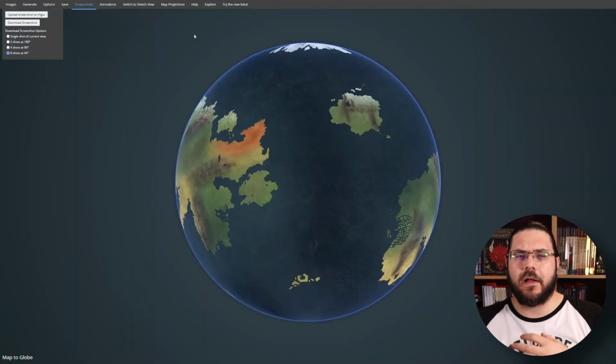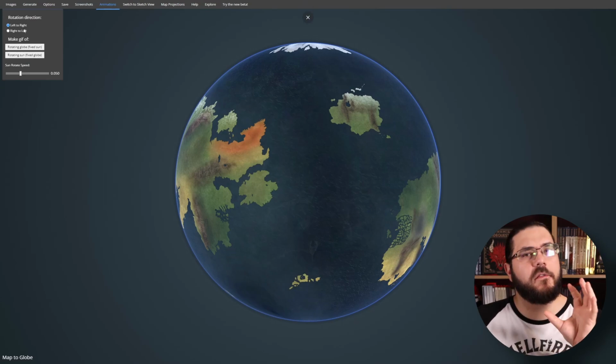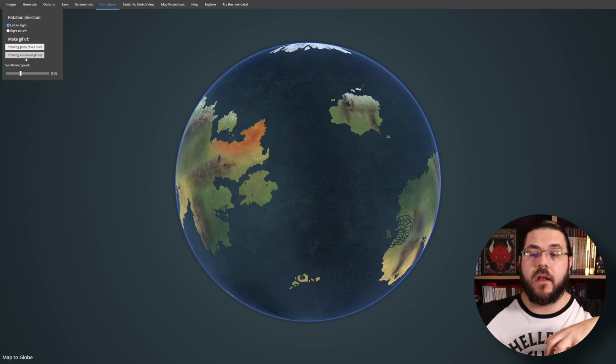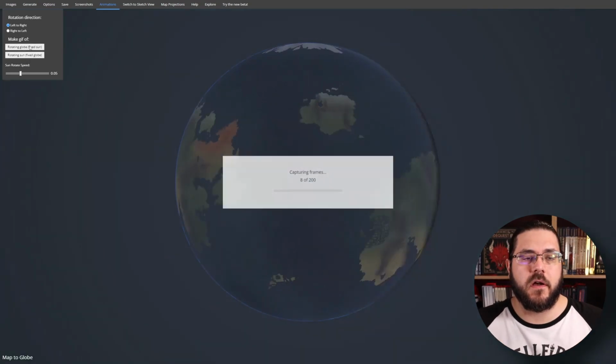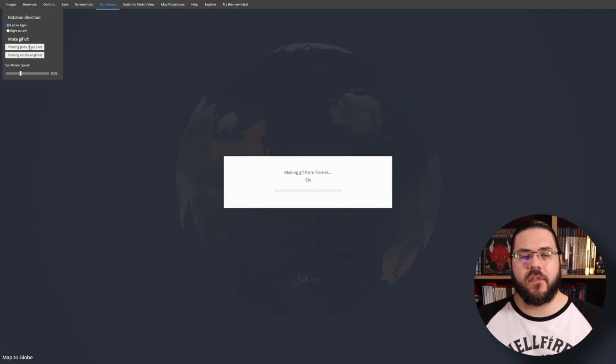If you want something a little fancier, you can go into animations and you can make a GIF of your planet turning. You can choose the direction and choose the kind of sun rotation speed, and whether you want the fixed sun or fixed globe. So we're going to go fixed sun and have it rotate, and it will generate a GIF that you can